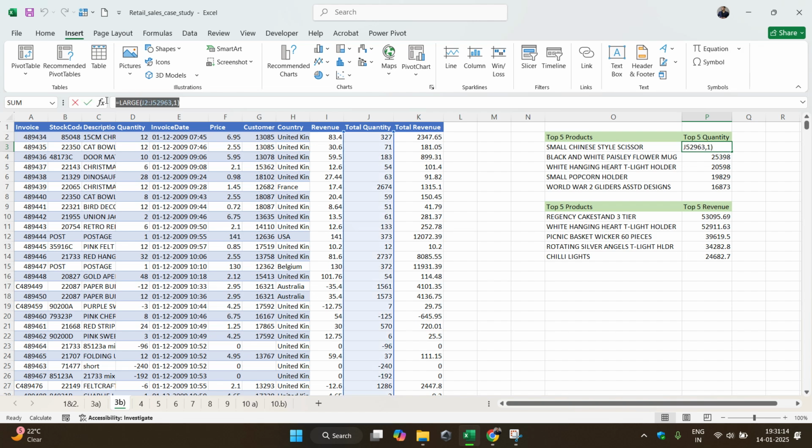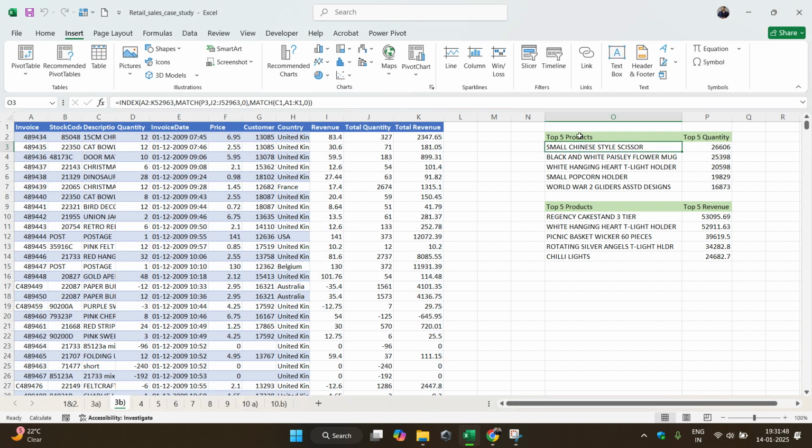It gives me the largest value according to the number: one means the first largest value, two means the second largest value, three means the third largest value. In this way I have found all the top 5 quantities, and to find their respective product names, I have applied the INDEX and MATCH functions,